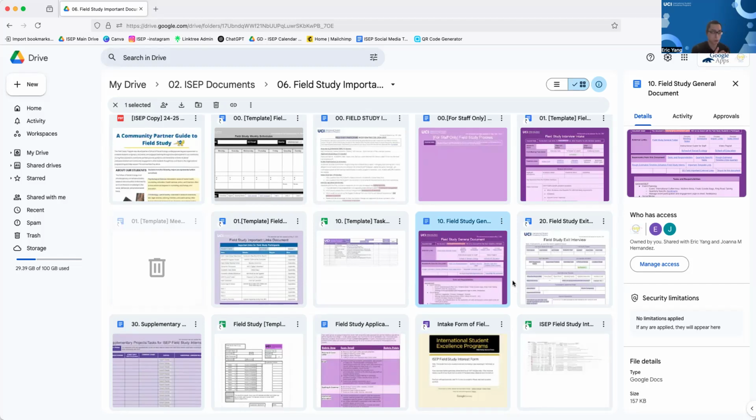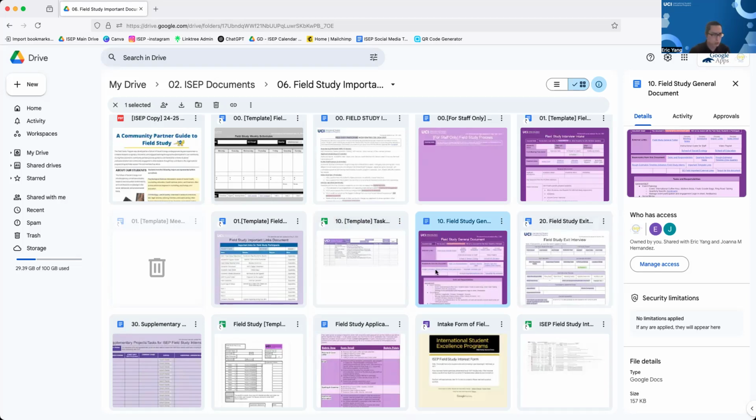Some field study opportunities require a student social security number or ITIN, which a lot of internationals might not have, or might not even have those sort of trackers. So with us, we make accommodations because we understand that, because we are ISEP, International Students Excellence Program. So we do highlight those. And because of all the other factors I mentioned, students want to do field study with us. We are one of those places where students really thrive and really do work on things they're interested in. And we do try to match what they're going to be working on in the future. We'll talk about that a little bit.